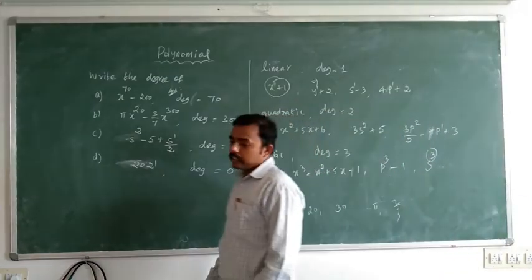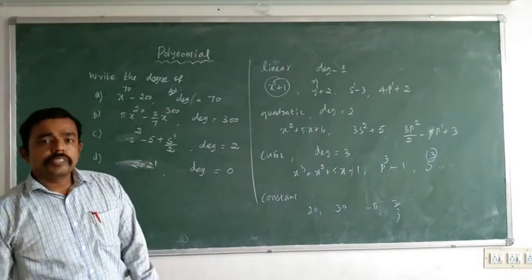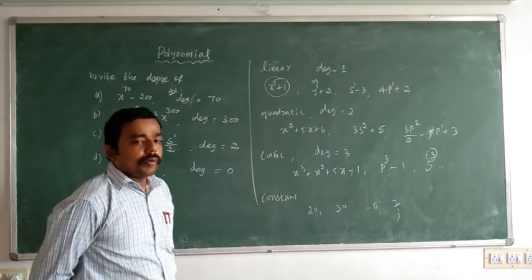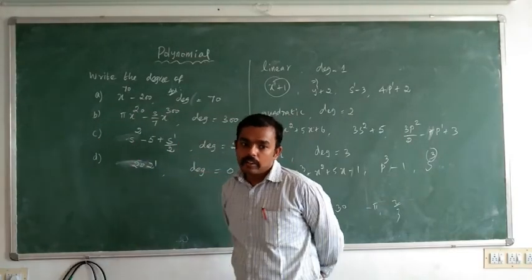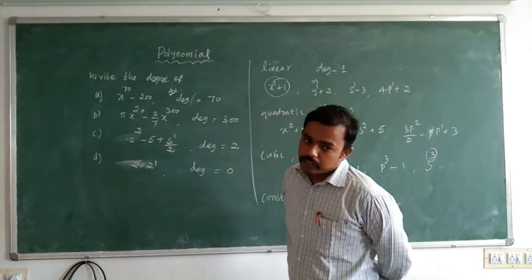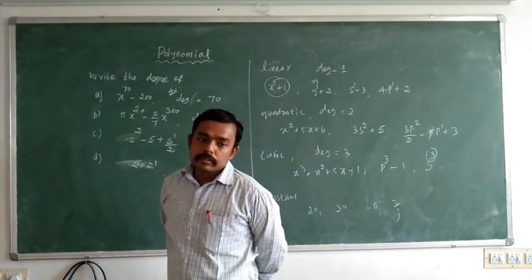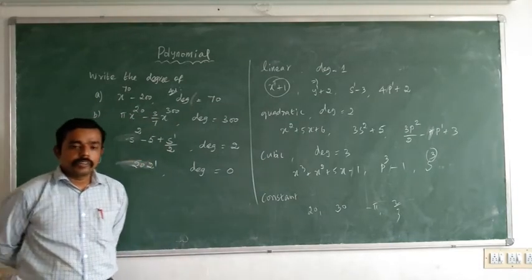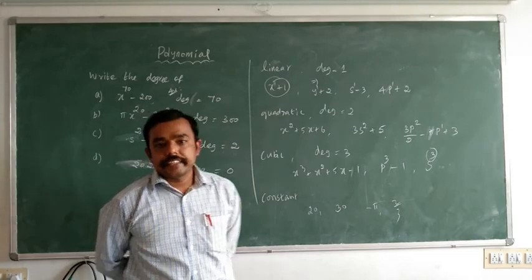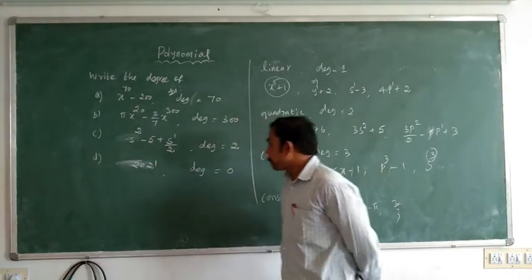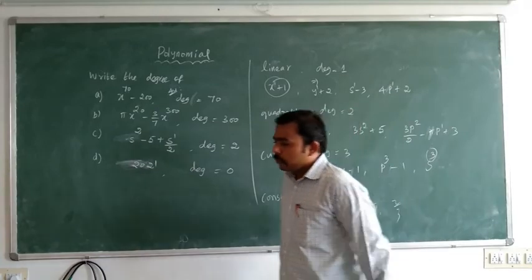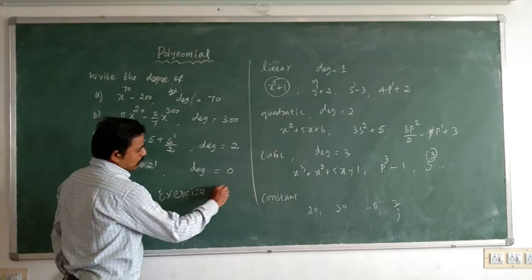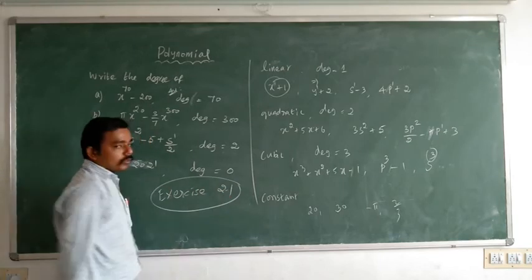So like that, using this idea, you may solve the first exercise. The first exercise is given: write the polynomial in one variable, the coefficient of x squared, write examples of monomial, binomial with degree, write the degree of the polynomial, and classify linear, quadratic and cubic polynomial. This thing is only given in your first exercise. So you can solve your exercise 2.1 by using this idea.